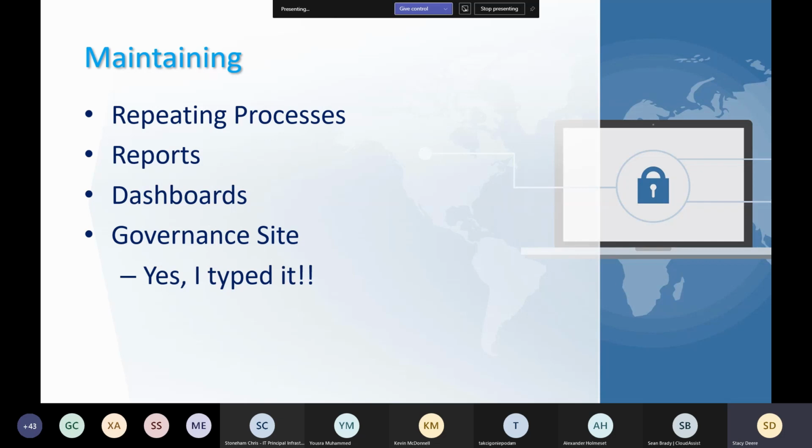Essentially, before I tell anybody to start working on their security and compliance, they have to have their governance identified. I'm not saying they have to have it fully documented, but they have to know what it is. It'd be nice if they had it documented. In this process, it gets documented, but you want to have governance. In your governance, you should have things like how often you have to repeat some of these processes that we do,